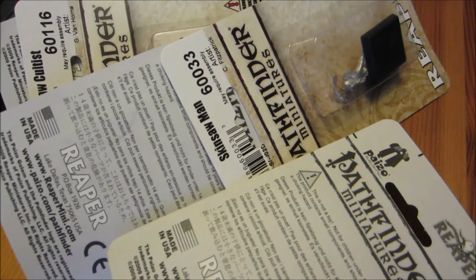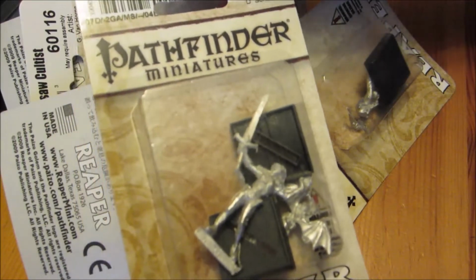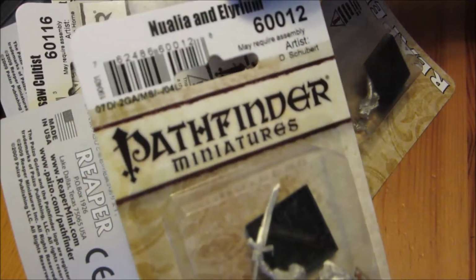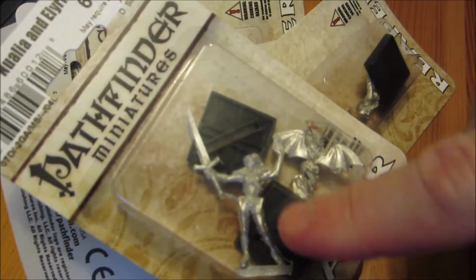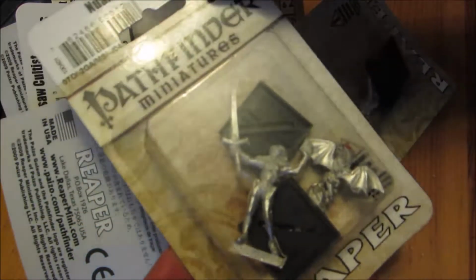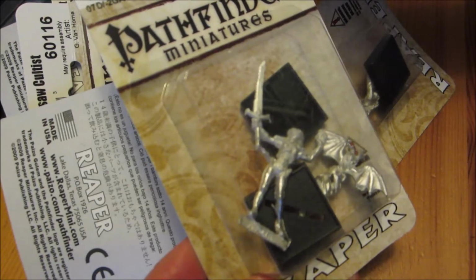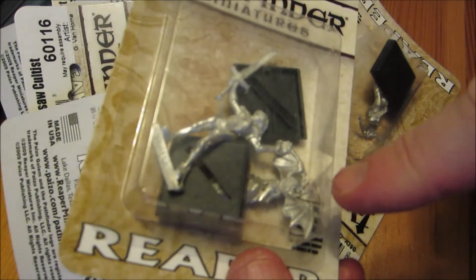So, in the meantime, I thought I would just continue painting my Reaper haul here. And for next week's Game Store Monday painting session, I'm going to do some more of the Rise of the Runelords minis. This package contains two guys, Nualia and Illyrium. Nualia is the lady with the sword here. She's the big boss, main baddie of the first adventure, and